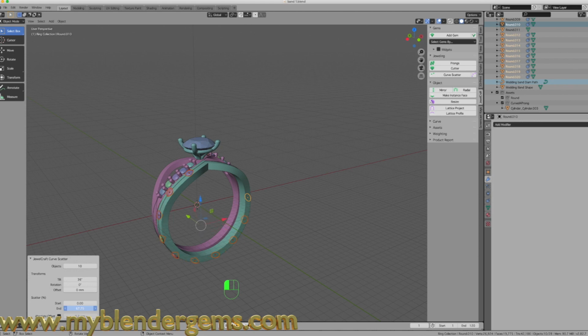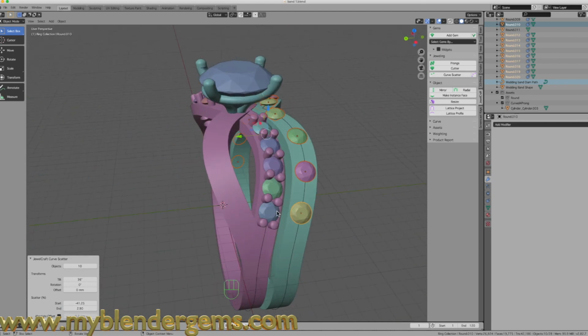Let's say we want... I'm going to have to grab the start location, grab that, put that right over here. And then we'll move the end location all the way around. I'm going to zoom in here. And you can see what we want to do is basically get these diamonds about the same distance as the engagement ring diamonds are. So I'm going to come in from the side view,